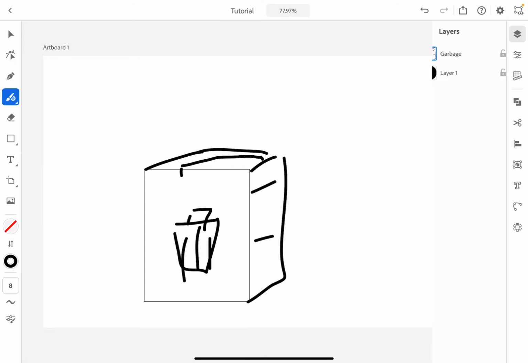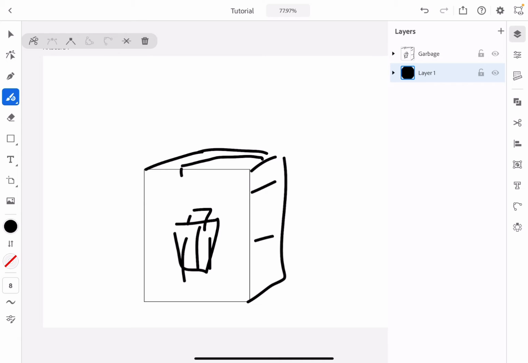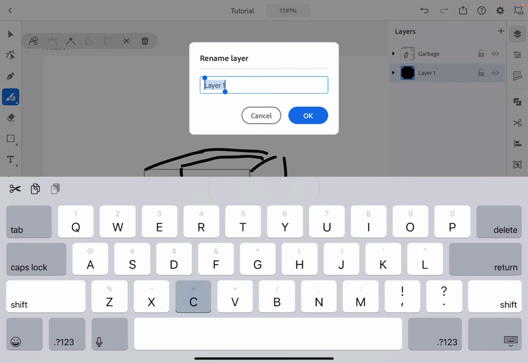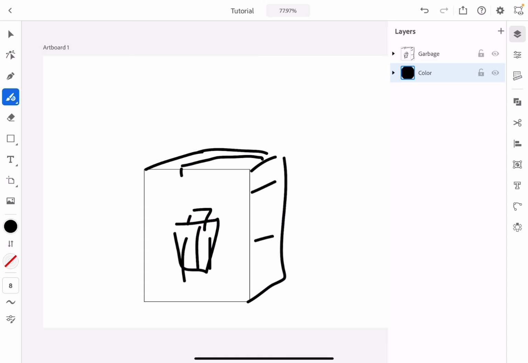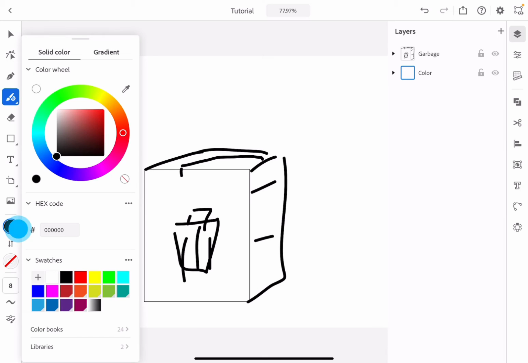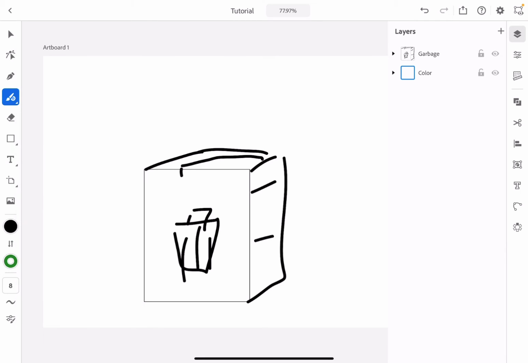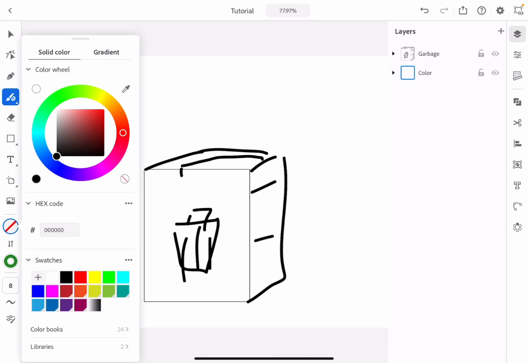And let's say we need another layer, and let's call it color, okay? And simply, let's just delete this path in here. Alright, so in color, now what we need to do is color everything up, right? So first we're going to switch the color to, we'll switch it to green because it's garbage. Okay, darkish green. And then we'll go over here, turn it to stroke,